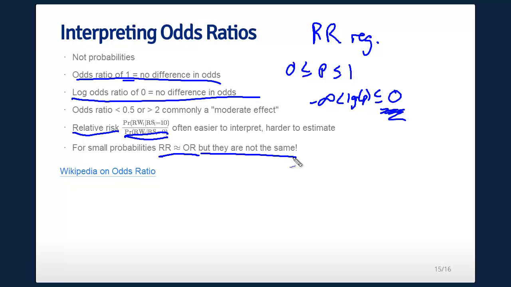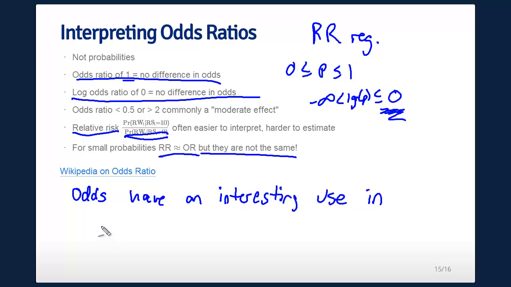So the other interesting fact about odds, and I'll add this right here. Odds have an interesting use in retrospective studies. And what I mean by retrospective studies, so imagine you're studying a treatment, or you want to study something